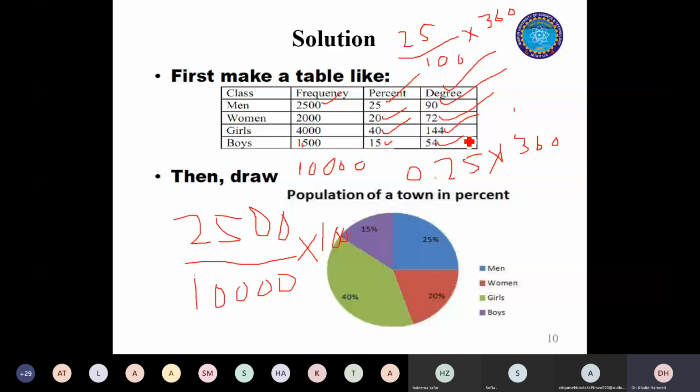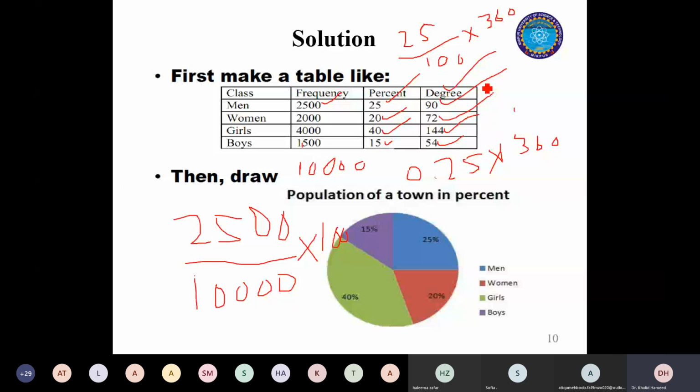Is it clear? Do you have any question regarding the pie chart? Do you have any question regarding the manual calculation of the pie chart? When it comes to software, either Microsoft Excel, SPSS, or any other software, when you go with the practical training, you will not have any problem with it. So do you have any question regarding the pie chart? Please confirm so that I can continue. Is it clear?